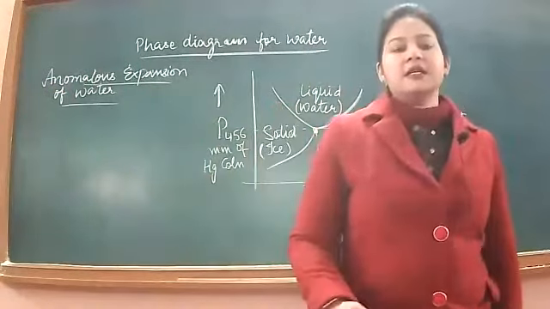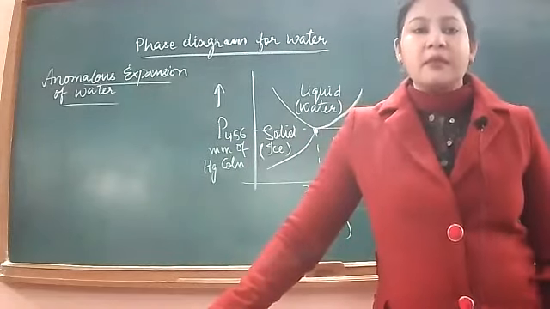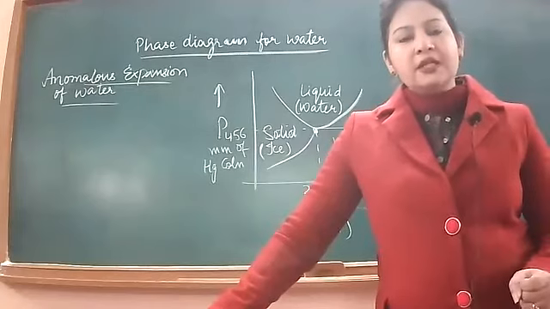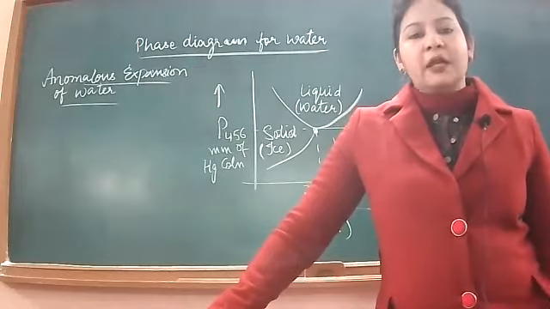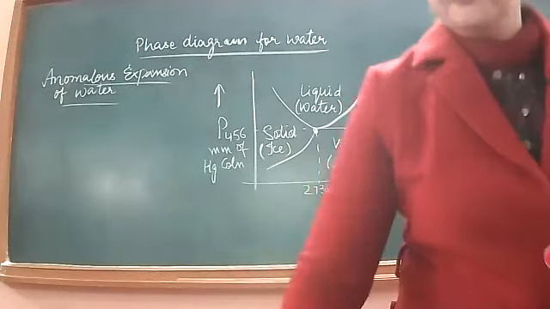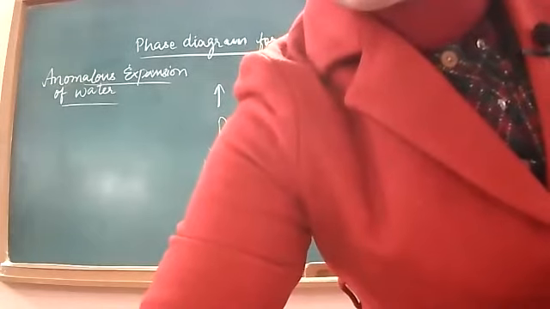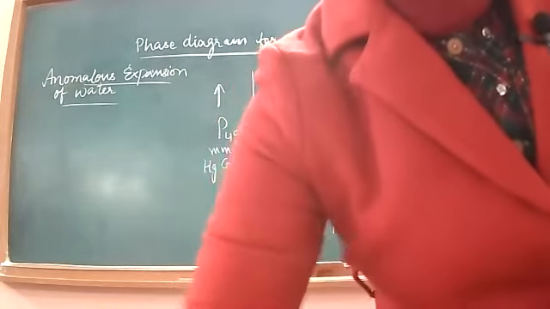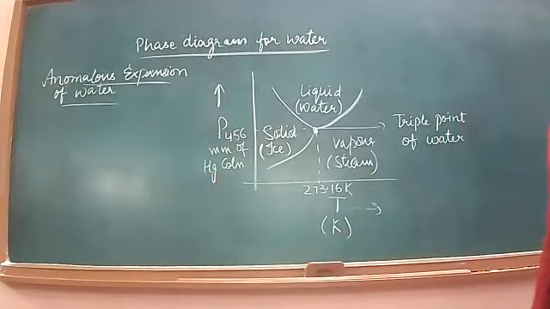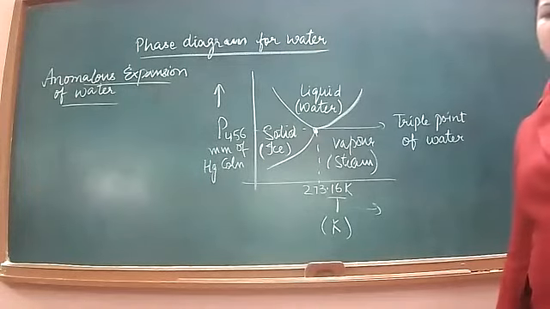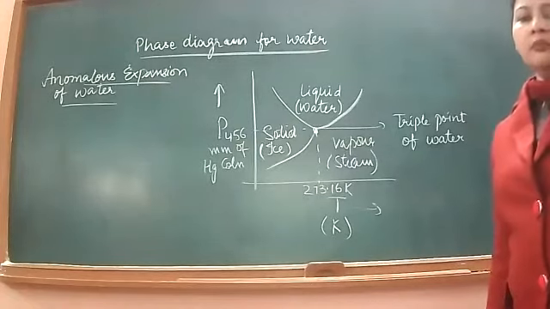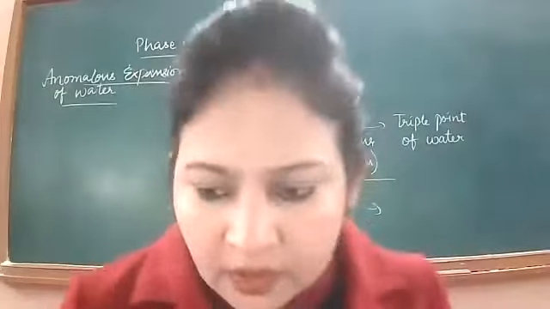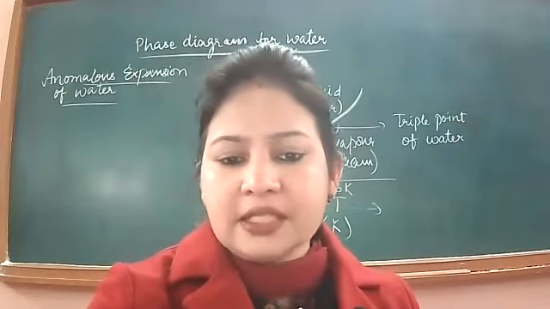At 4 degrees Celsius, the density of water becomes maximum. After that, if we cool it, then in place of contracting, it will expand. So this is called anomalous expansion of water. Okay, write it down. At 4 degrees Celsius, the density of water is maximum. On cooling water from 4 degrees Celsius to 0 degrees Celsius,